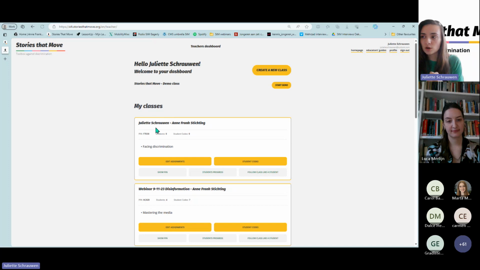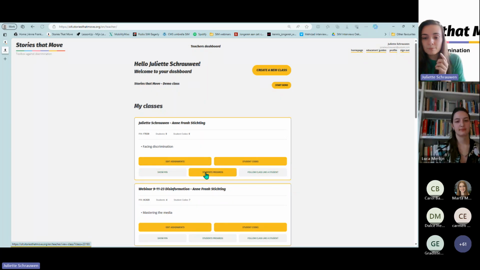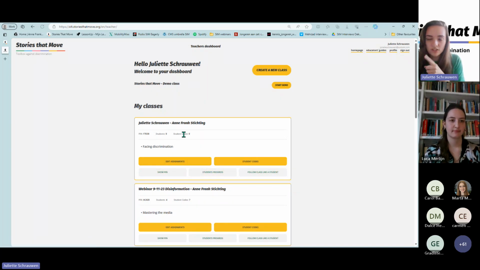Then at the top, you can see the pin code, how many students there are, and here you can edit assignments, and change them if you want. Like I mentioned before, you can also show the pin again if you want it bigger, and the student progress. But like you see, it says student and student code.